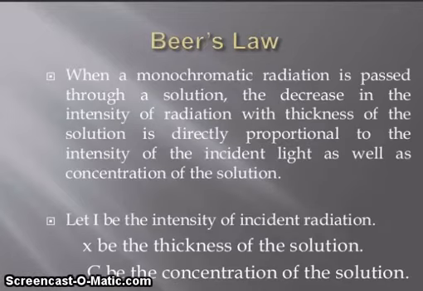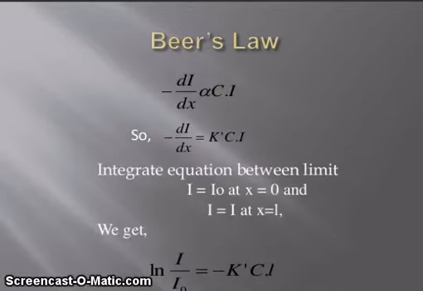Beer's law. When monochromatic radiation passes through a solution, the decrease in the intensity of radiation with thickness of the solution is directly proportional to the intensity of incident light as well as the concentration of the solution. Let I be the intensity of incident radiation, l the thickness of the solution, and C be the concentration of the solution. So you can see here